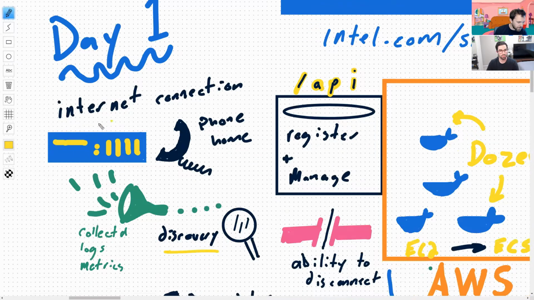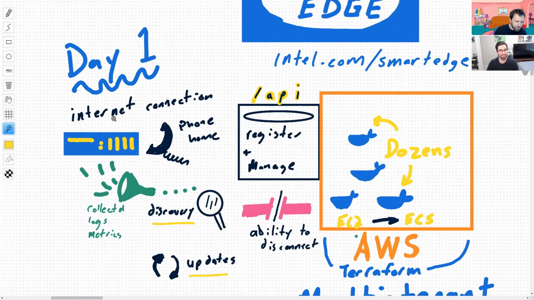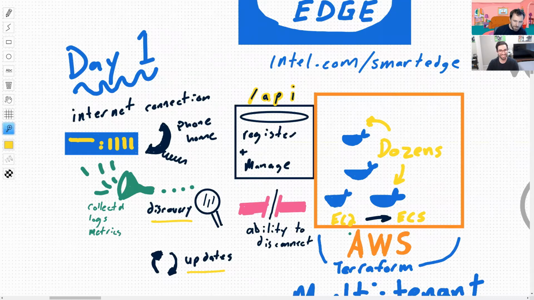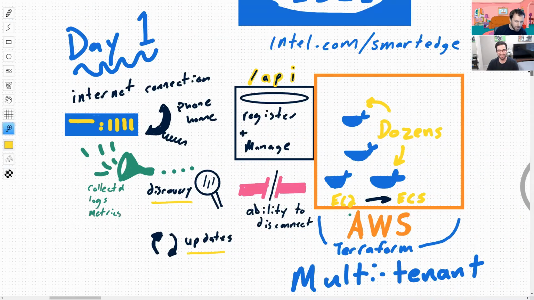So here's my, let's see, let's get out a little bit. Your day one experience here: what are we doing with this infrastructure? I'm a user. I requested a box and I want to do something with it. So the first thing that you said, we need to have an internet connection to this box. And that's the first step it's going to do, basically a phone home to